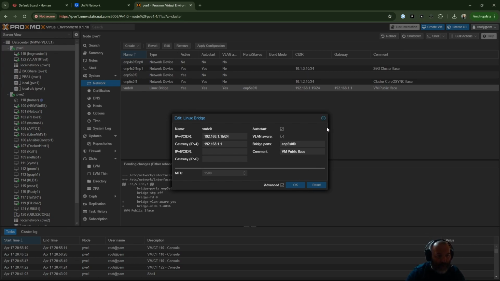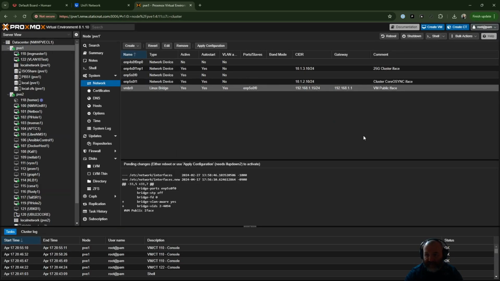And this is the part where I'm not sure it's totally necessary. Originally, we made it VLAN aware, and we made VLAN 10. But in fooling around with it, I made the mistake of making PVE2 VLAN aware, and I created a Linux VLAN for VLAN 10. But I actually created the hosts up in PVE1, and I didn't configure any of PVE1